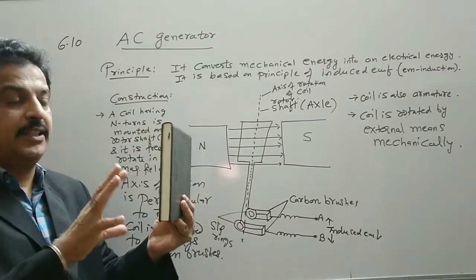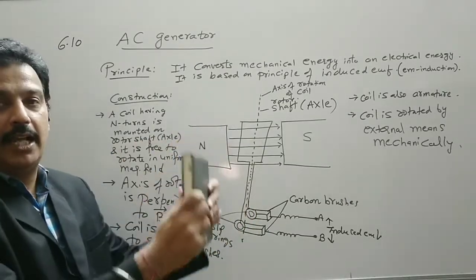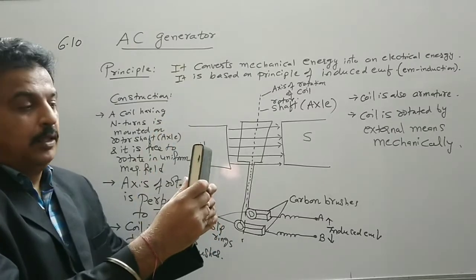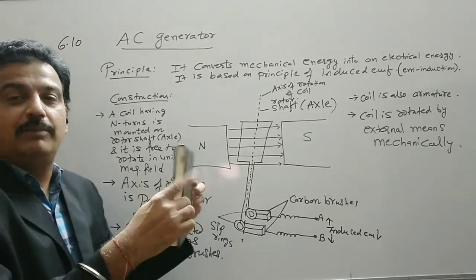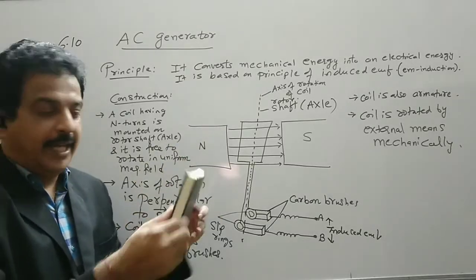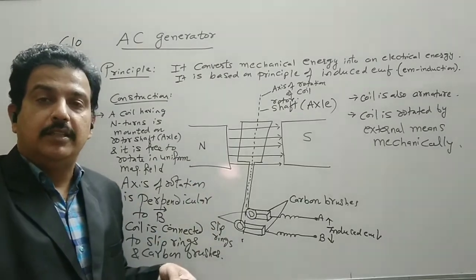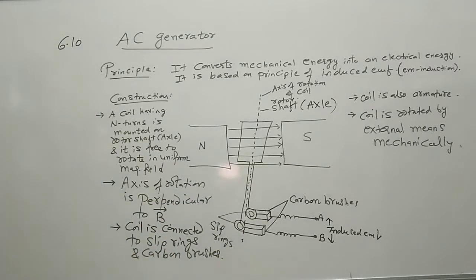Then the magnetic flux is maximum. So all the field lines will pass through this area which is held normal to the magnetic field. It will be maximum. So this flux will oscillate between maximum and minimum value. And as the magnetic flux will change, the EMF will be induced in this coil and the current will be produced. So let us see the working and the mathematical expression for the AC generator.